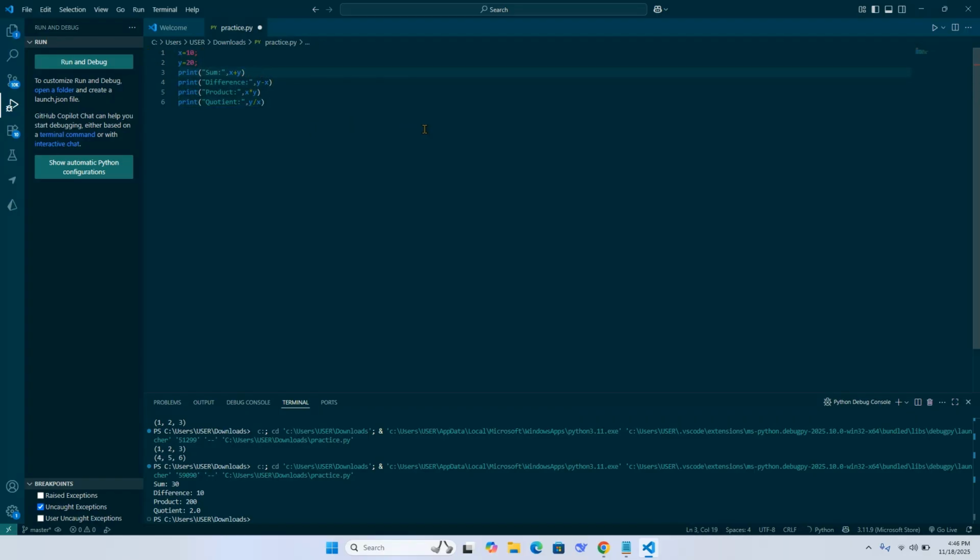Just comment this one, sum. We learned summation, then we learned differences and product, that's the multiplication. Here you can use the quotient.